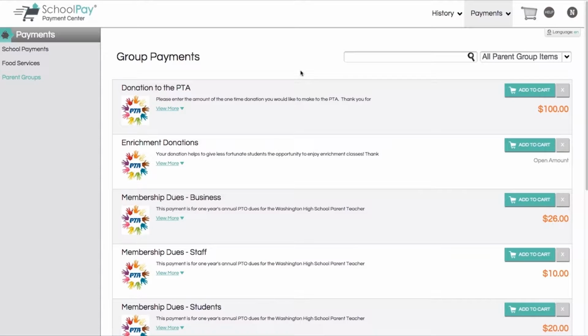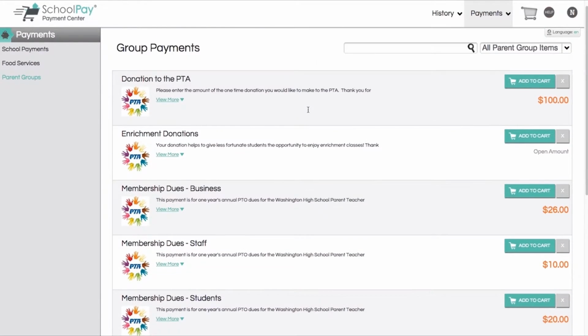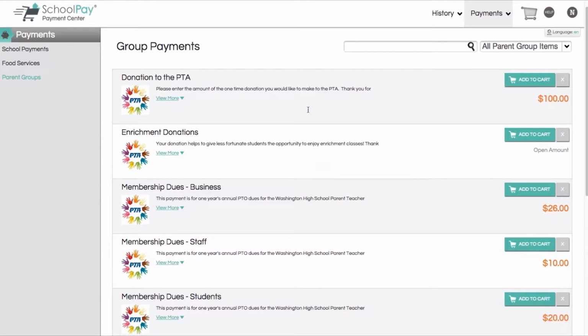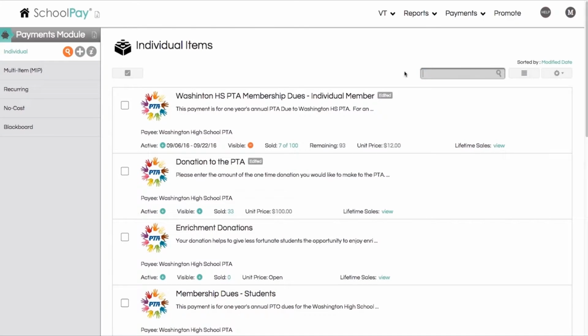Using the Parent Group section, a parent can make a payment for their students' school fees, their students' food service account, and they can make a payment directly to your organization, all in one transaction. The funds paid against your payment items will go directly to your account and will never be mixed with your school or district funds. Now that we have reviewed the ways for your organization to accept payment online using SchoolPay,